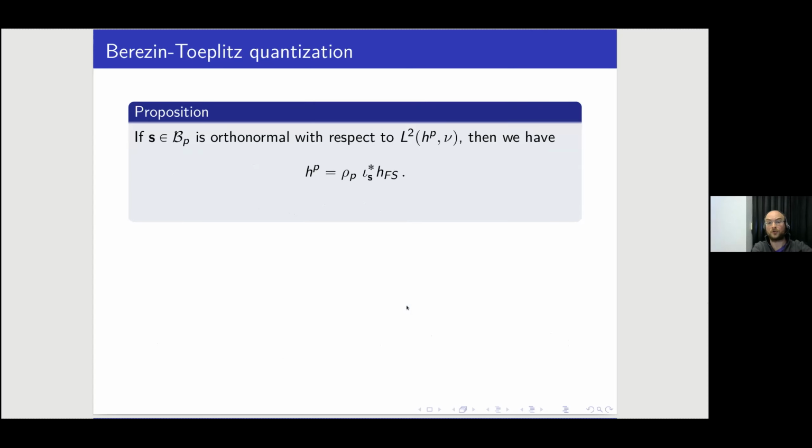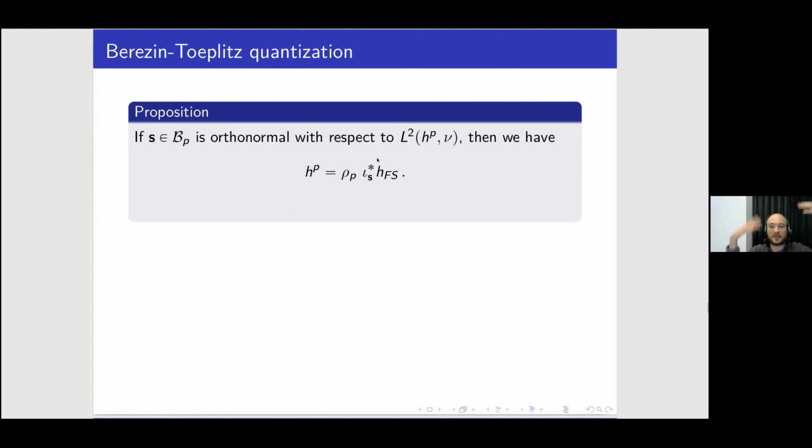Here, I just want to point out the role of this function in Donaldson's program. It is easy to check, basically by definition, just writing the definition of the Fubini-Study metric, that the pullback of the Hermitian Fubini-Study metric